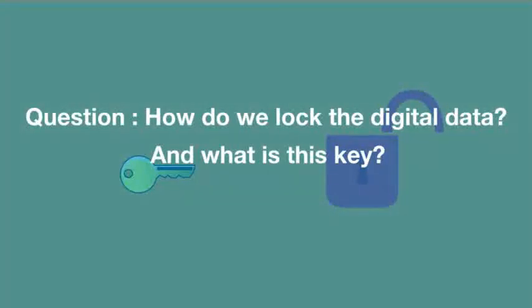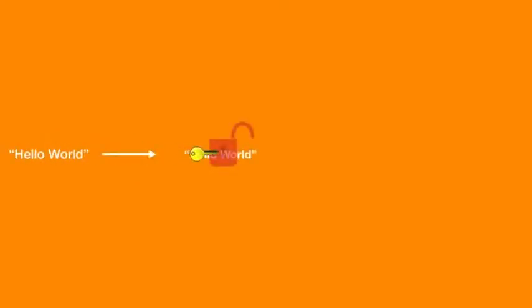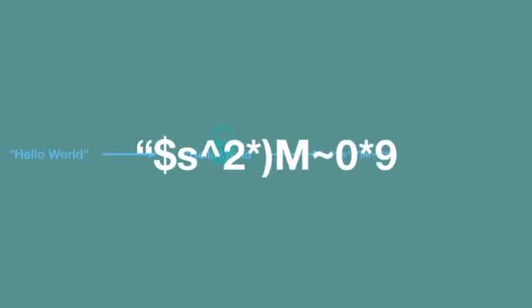Well, we use math to achieve this. We use math to generate digital keys and to lock the data digitally. Suppose we want to lock or encrypt the data saying hello world. There are many encryption algorithms available, out of which AES and DES are widely used. When we encrypt or lock the data hello world with a particular key, hello world becomes something like this. Does that text make any sense? No, right? That's exactly what we want. Anyone who is eavesdropping on us or capturing the packets we are sending will be seeing this gibberish text and they have no idea what this means because it is encrypted.